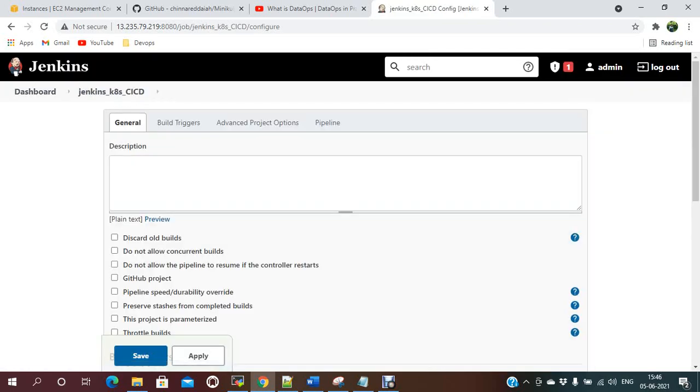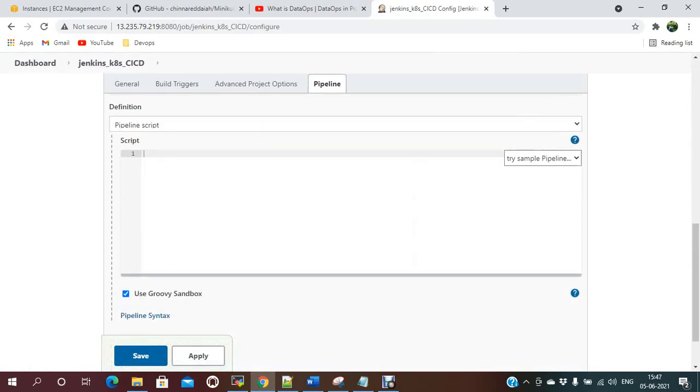So let me write the pipeline. If you don't know how to write the pipeline, you need to use the pipeline syntax. I'm using a scripted pipeline for that.